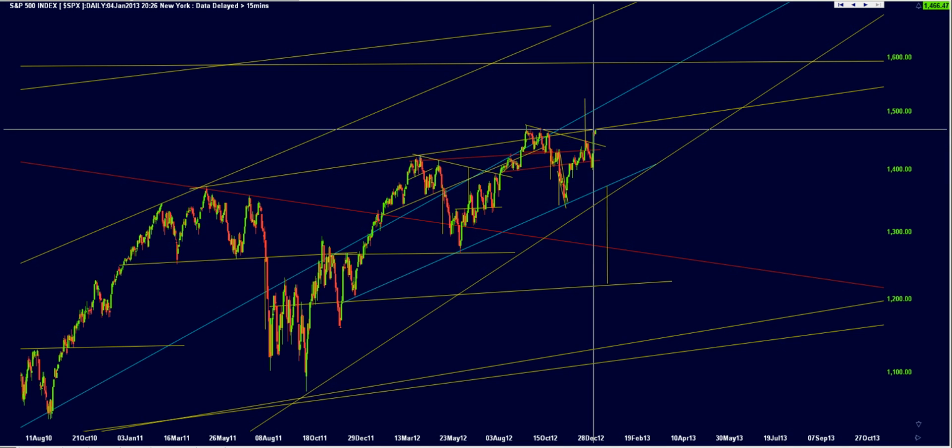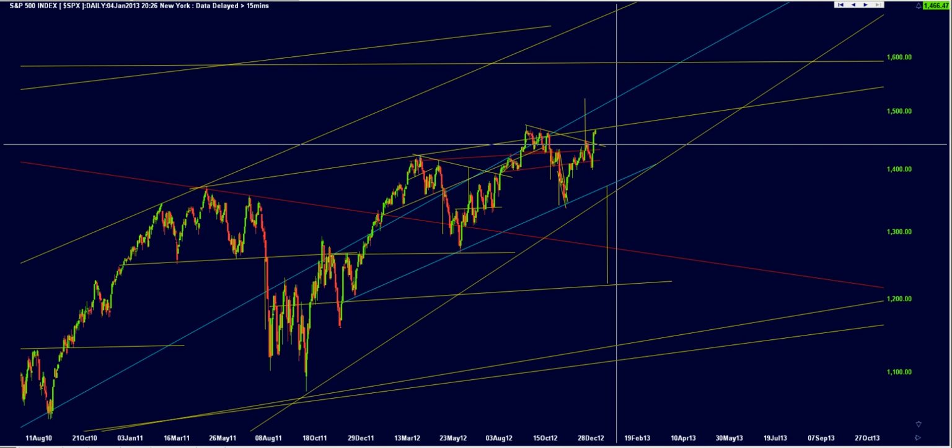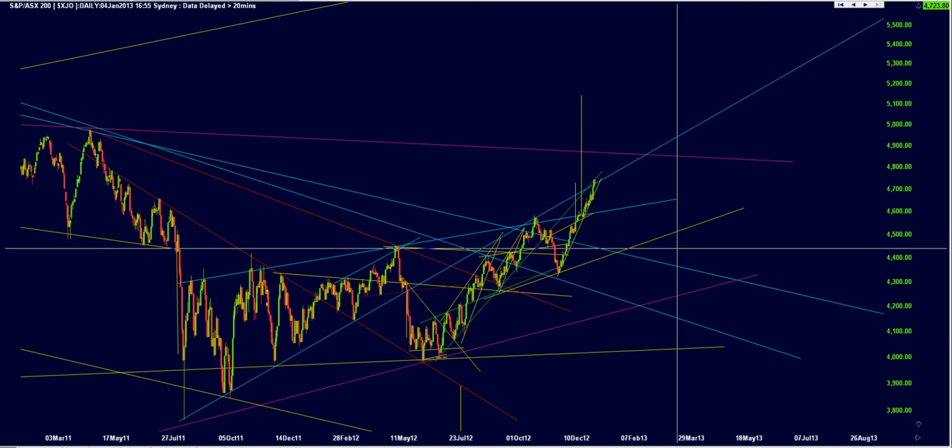So the fact that we stopped at this area doesn't really surprise me much. Let's move on to the ASX200. Looking on the daily chart here of the ASX200,